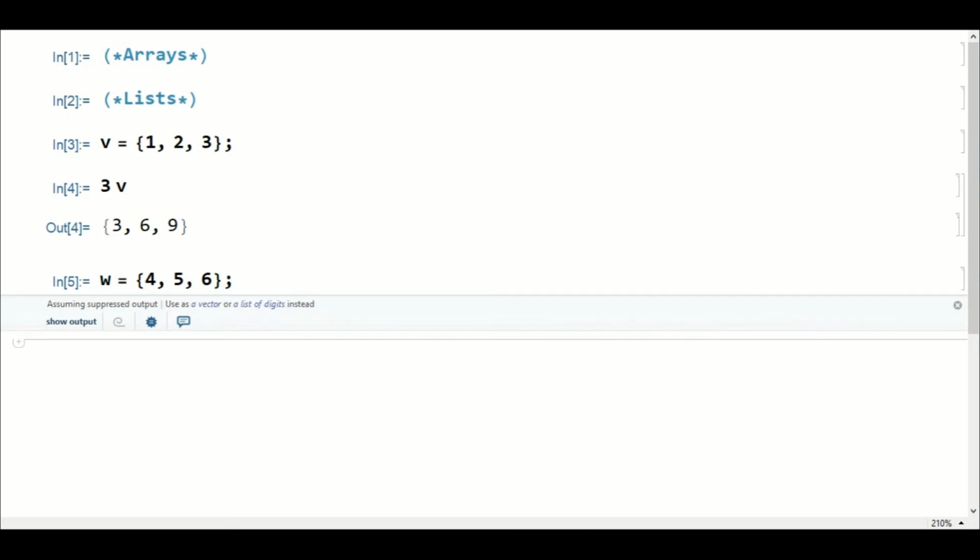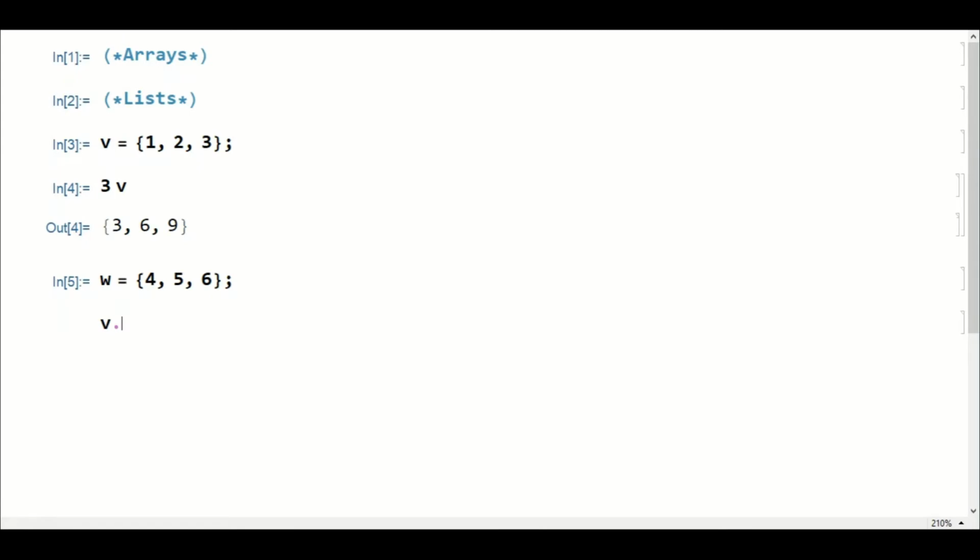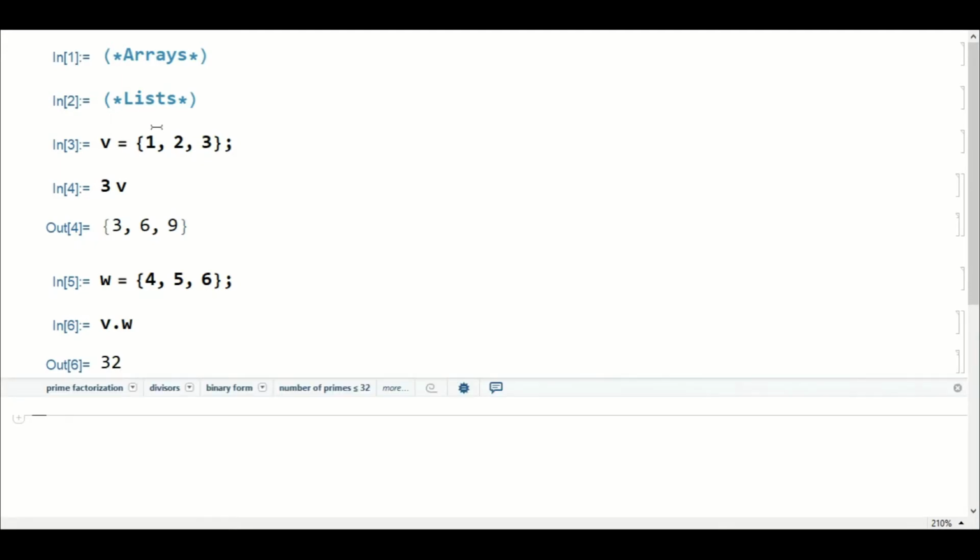If I want to take the product between both vectors, there are two types of products, as we know. One is dot and one is cross. If I want to take a dot product between both of these, I will be writing v dot w. Let me evaluate this. So it is 32. Basically it is nothing but 1 into 4 plus 2 into 5 plus 3 into 6, and the answer is 32.